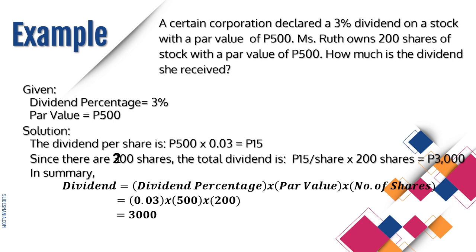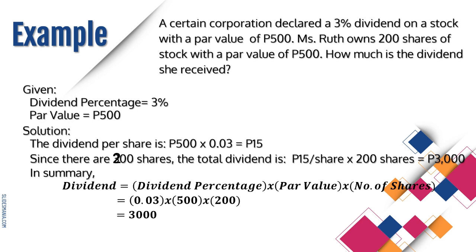Ms. Ruth owns 200 shares of the stock with a par value of 500 pesos. How much is the dividend she received? We have a given dividend percentage equal to 3% and a par value of 500 pesos. For our solution, the dividend per share is computed as 500 pesos multiplied by 0.03, that is equal to 15